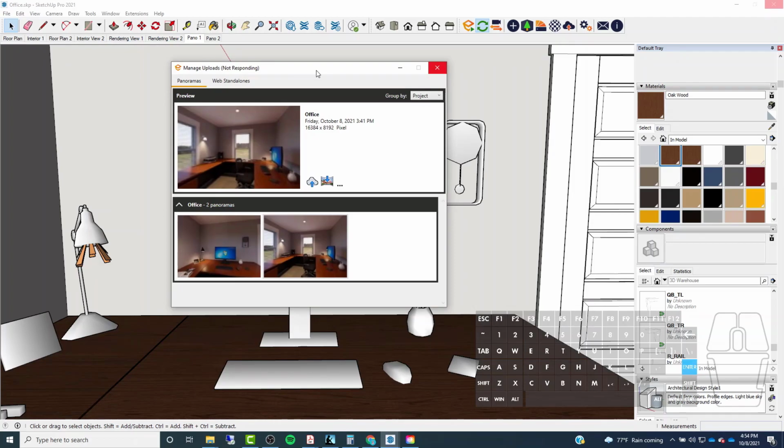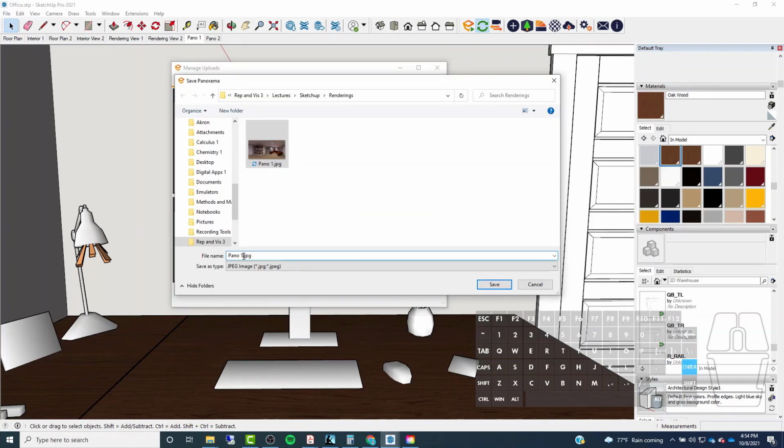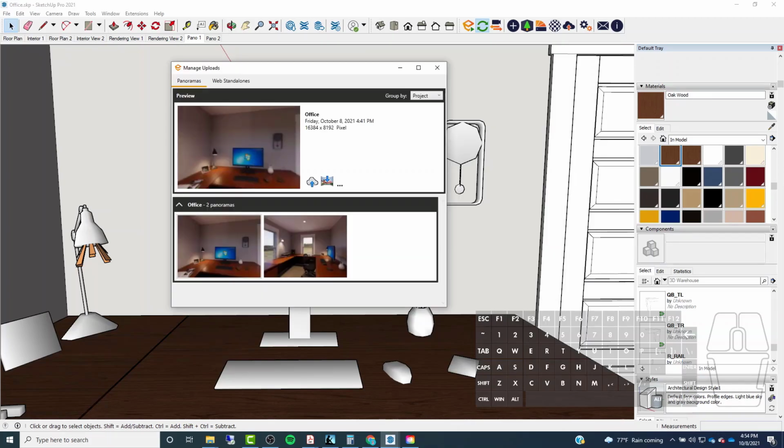All right, and then we'll go to the other one and we'll do the same thing. So this one is Pano 2. And then if I want to, I can bring these into Photoshop and I can do a little bit of